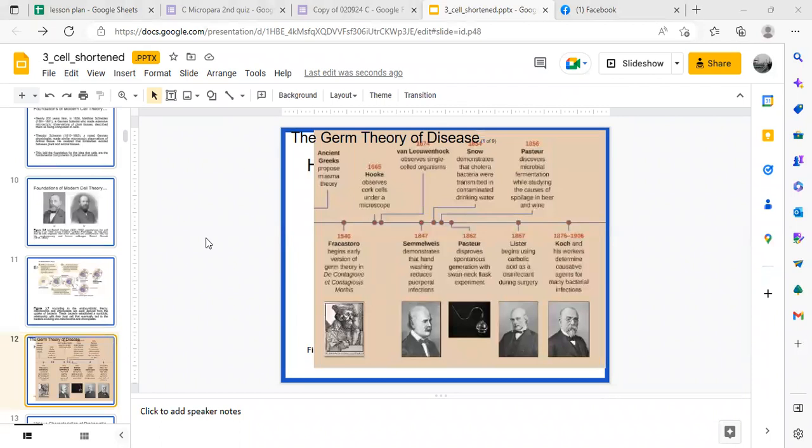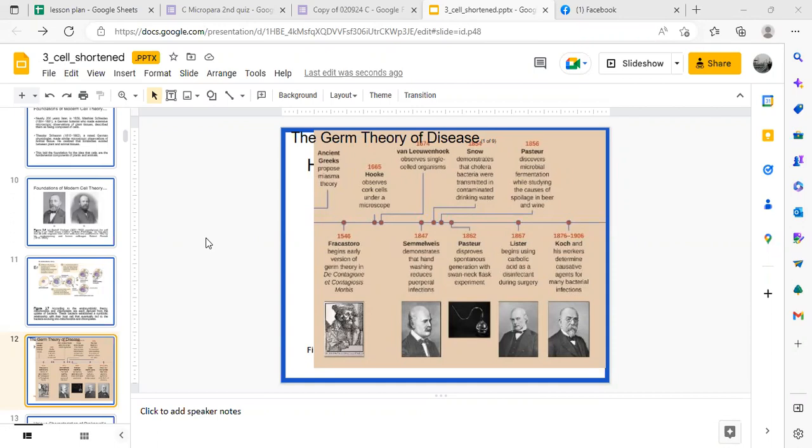Okay, so let's review. Last meeting, we talked about yung miasma theory, no, by the ancient Greeks. So yung bad air, it can cause disease, no? Fracastoro, he was the early proponent of germ theory, or the idea that microorganisms can cause disease, no? So ang tawag dun sa pathogenic microorganisms, shortcut nila germ.